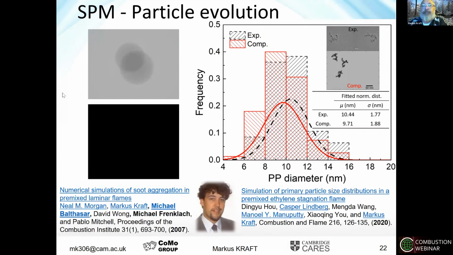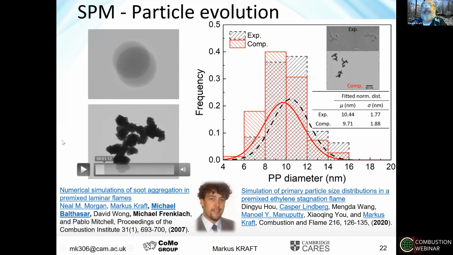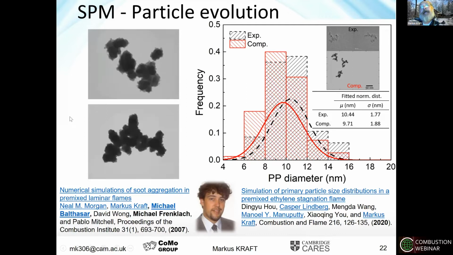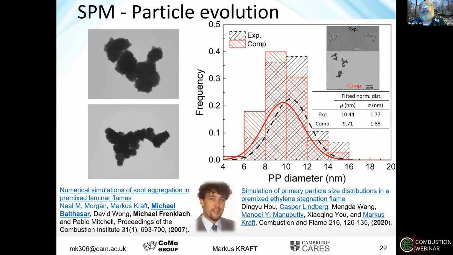Here is an example for some early work. What you see here is the work of Michael Balthasar, who spent some time in 2004 with Michael Frenklach, and as a collaboration, we developed this first detailed aggregate model, which allowed us to basically represent the aggregate structure of such a particle. And many iterations later,